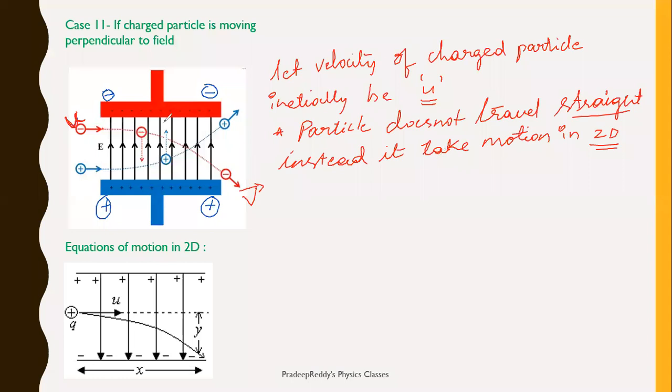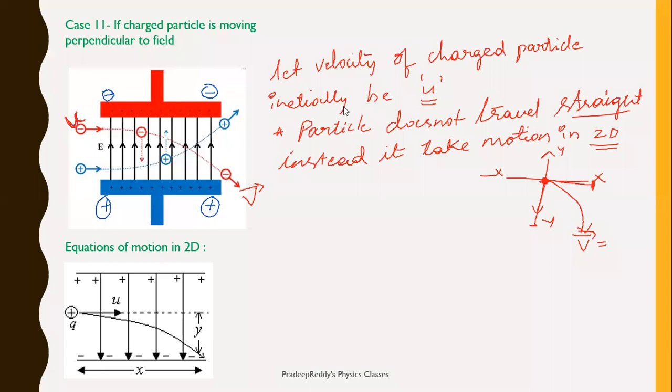Now, for this negative charge, you can consider the positive x-axis, negative x-axis, positive y-axis, and negative y-axis. If I take the initial velocity at the origin, in which direction is this particle moving? It is moving in the downward direction, right? It is traveling along this path. So this velocity contains both a magnitude along the x-axis and a magnitude along the y-axis.